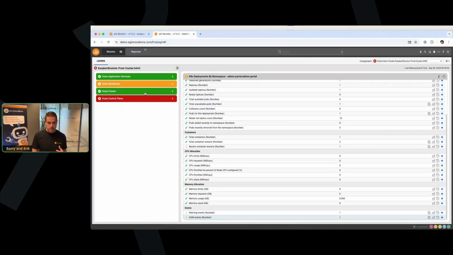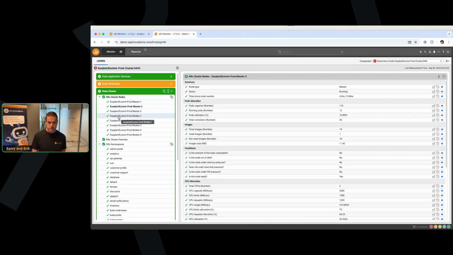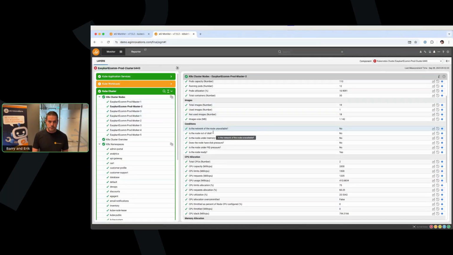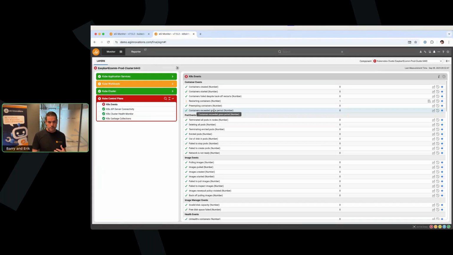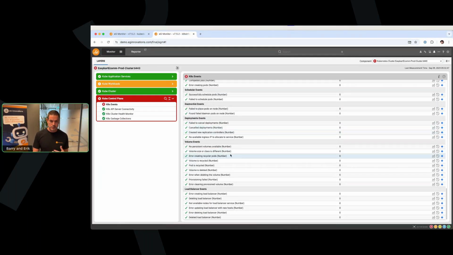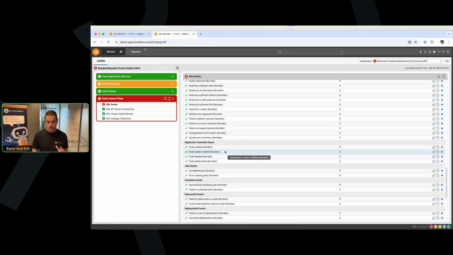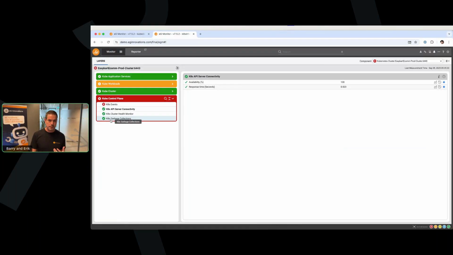So you can see that we also have other layers. So for the Kube cluster, where we monitor all the nodes that are there, again, with information about the health and the resources that are being used. And also the Kube control plane with basically all the events that can happen. So a lot of different events, and automatically we have set the thresholds and will alarm you when there are issues. You can see that we monitor the Kube API server connectivity. So this will contain the latency and the availability. We also have the garbage collector. So a lot of things based on the Kubernetes cluster.